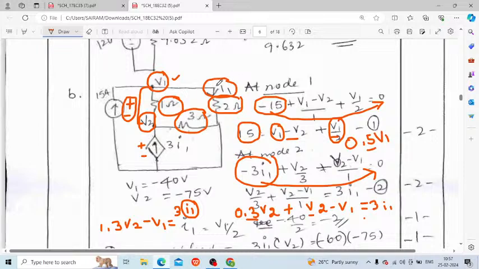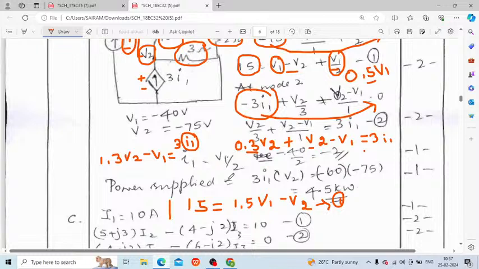I1 is flowing through this 2 ohm, and the voltage associated with this 2 ohm is V1. So therefore it becomes V1 divided by 2. That is equal to minus 40 by 2, which is equal to